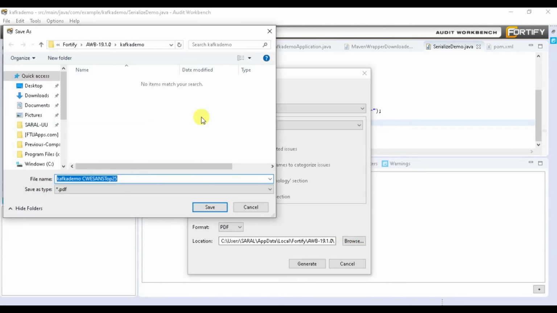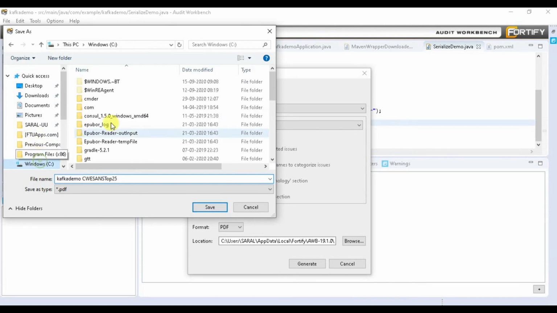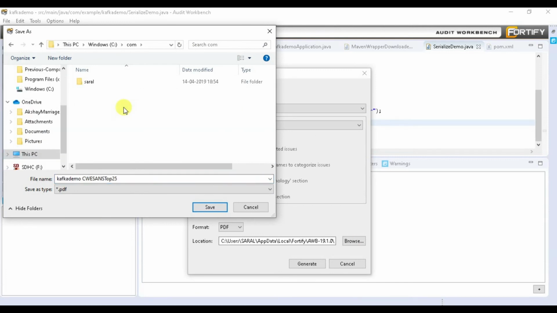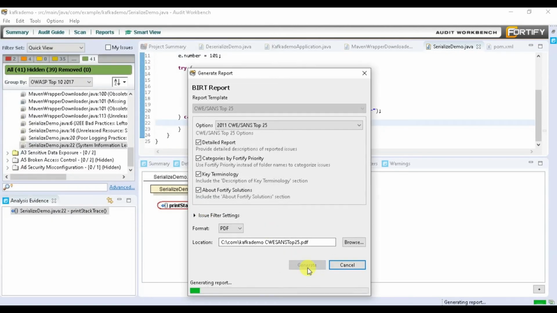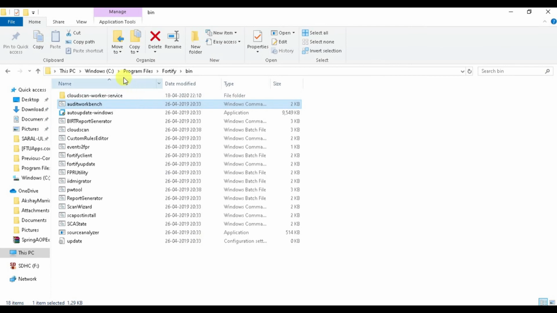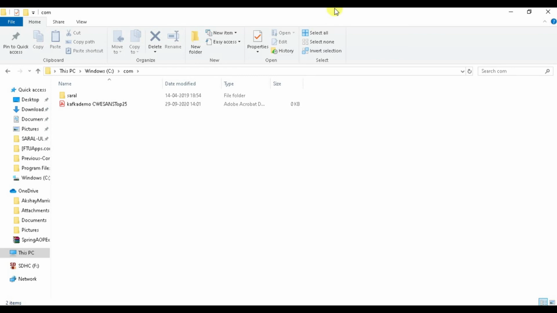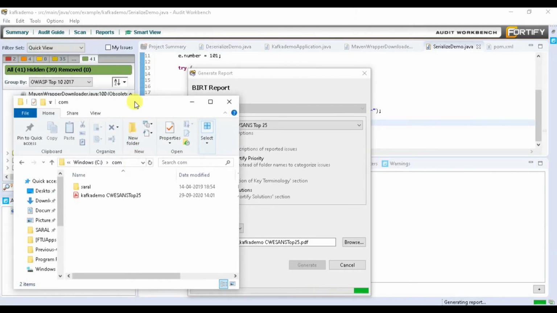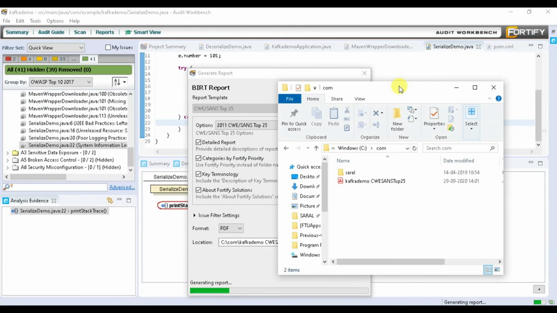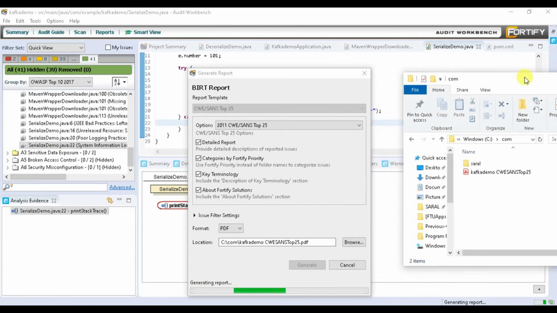Let me say that I want this to be in a separate folder right now. So I just give it the C drive path, and I just say that I want to generate, so it will generate a report for me in a PDF file. So let me open this PDF file in parallel for you guys. I store it under this, so I believe it has started. You can see that it has started preparing a PDF file right now, and it is still in process.